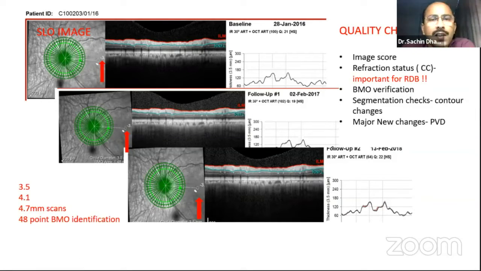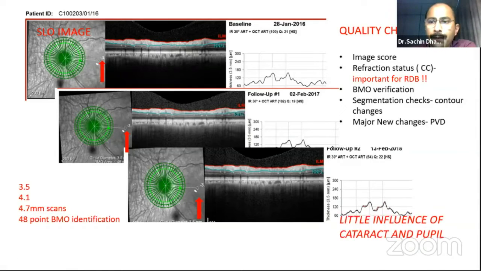So it's like garbage in, garbage out. If your data input is not good, the analysis is not good either. So what you have to understand is that the BMO identification is the critical point of any machine, and here in this machine you can actually identify and correct the BMO contour lines, which I think is not possible in most of the machines. So this is very, very important, because the moment this goes wrong, the entire analysis will go wrong.